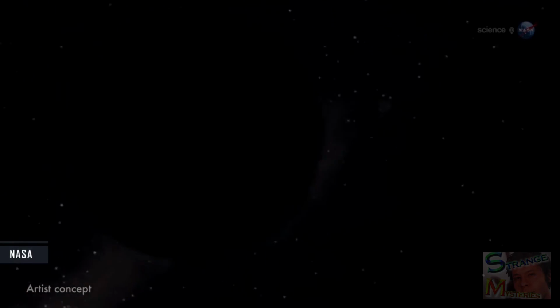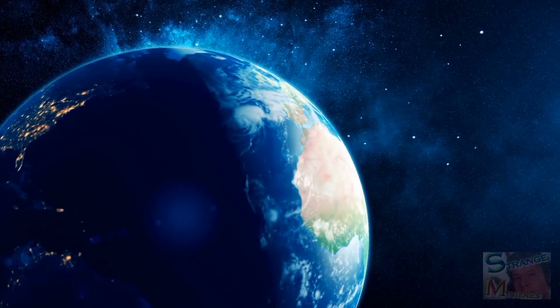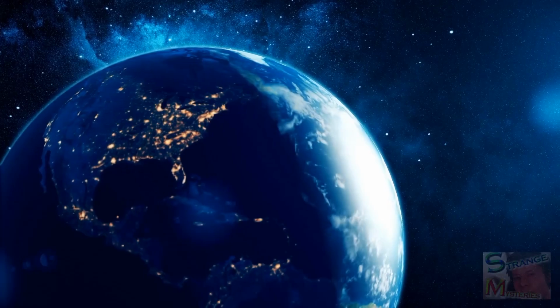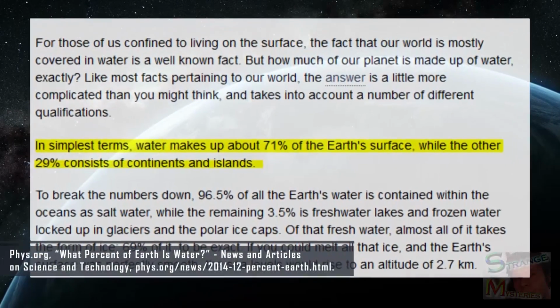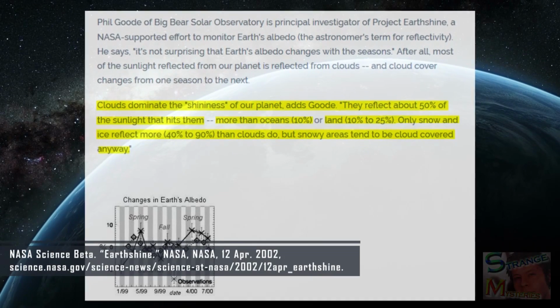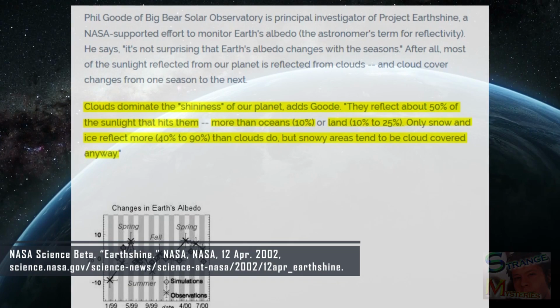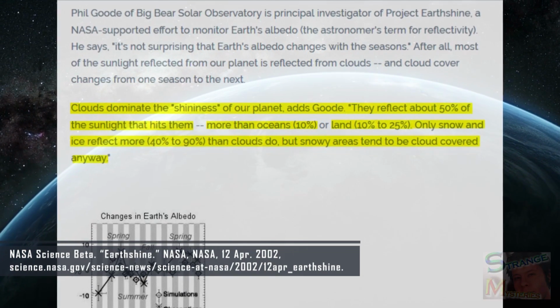Extreme exoplanets. As planets go, Earth is one of the most visible worlds in our universe, despite the fact that land and water are extremely unreflective. 71% of our planet is covered in ocean, and this reflects around 10% of the light which hits it. Land is more reflective, sending back 15 to 20% of the light which strikes our solid ground of soil, concrete,